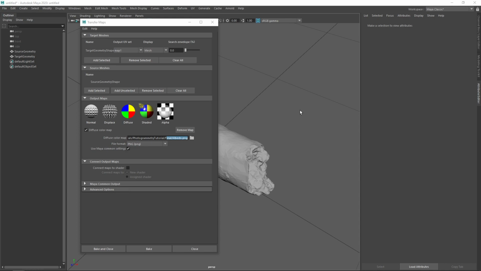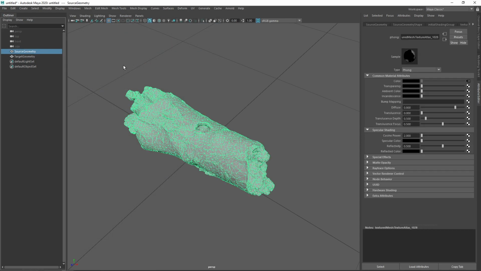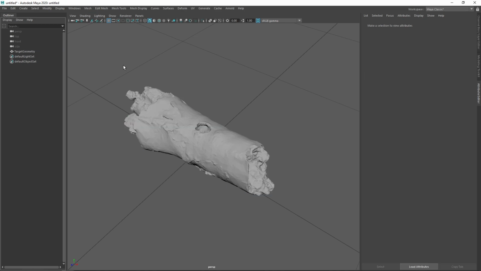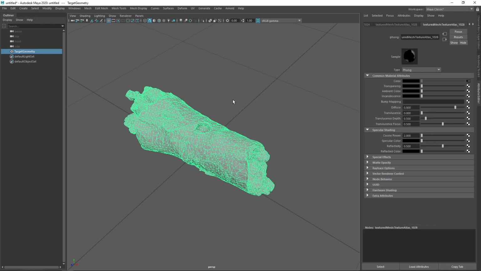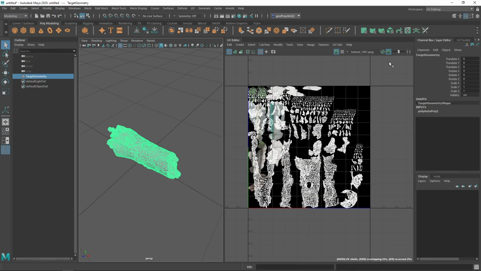And yeah, let's go ahead. Actually, we can get rid of our source geometry now. That was the geometry with the UDIMs as a UV layout. We're left with our target geometry, the version with the correct